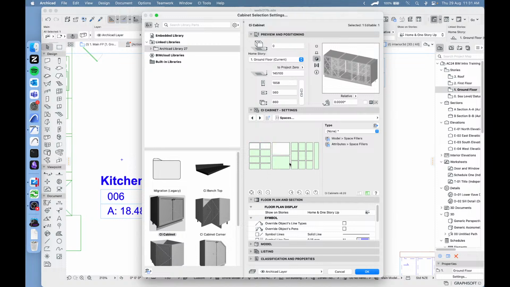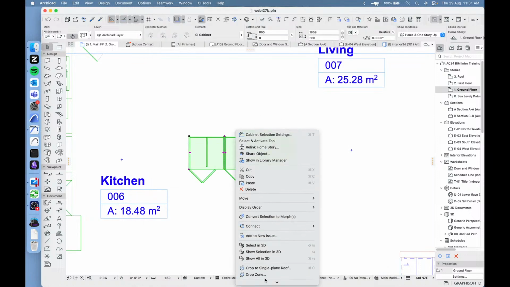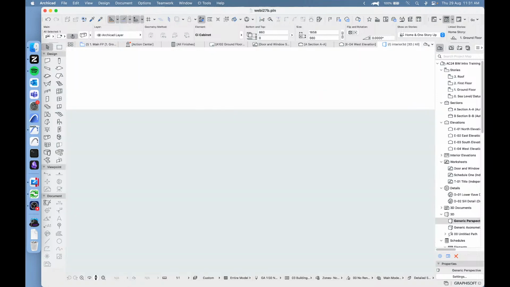So essentially, you select which parts you want to do. Let's go with one of these over here. And we say that we want to fill this with something. So essentially, this is just adding some bits of 3D additional detail to our cabinets so that they look like they have something going on. So we can select a bowl stack here, and when we do that, it will draw those into our cabinets. So if I show this in 3D,